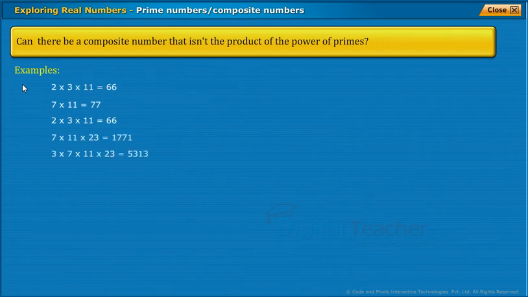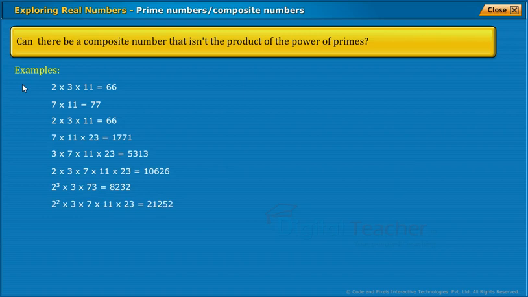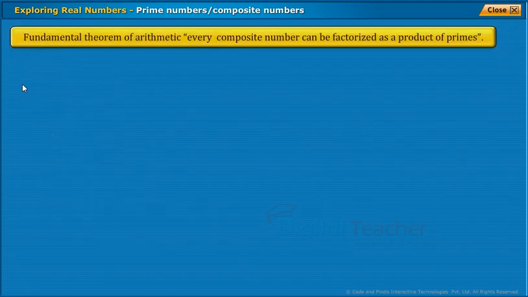If the numbers taken have all the possible primes, what would be the size of the collection? Will it contain only a finite number of primes or infinitely many? It is infinitely many. Therefore, if we multiply all these primes in every possible way, it produces an infinite collection of composite numbers. The following gives us the fundamental theorem of arithmetic, which tells that every composite number can be factorized